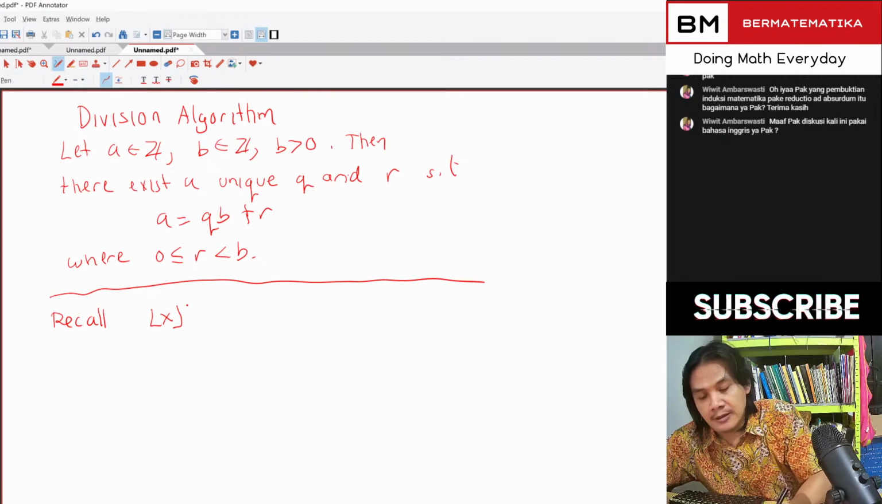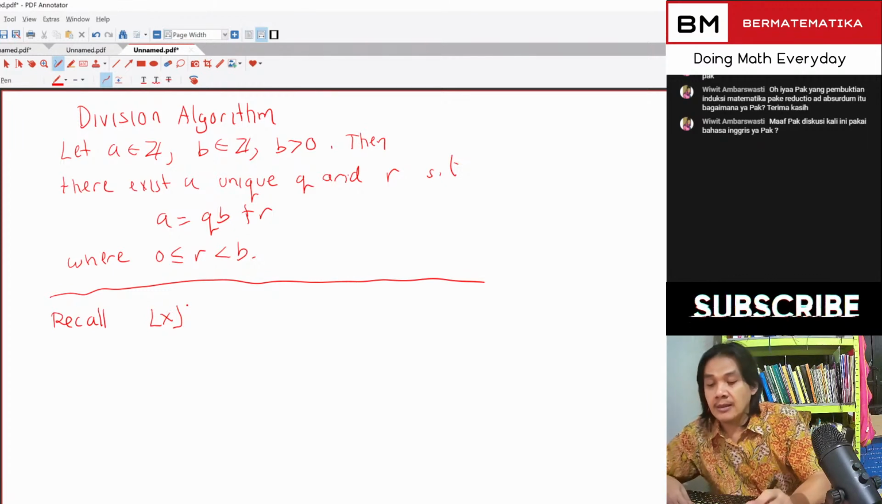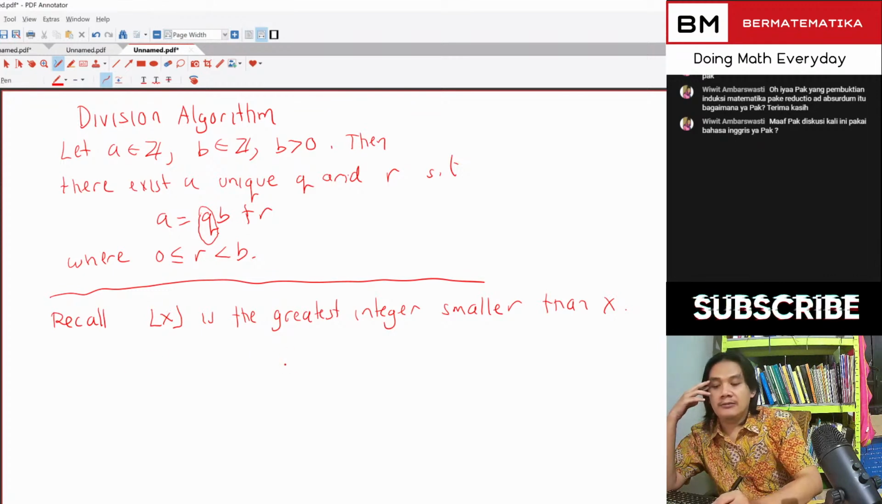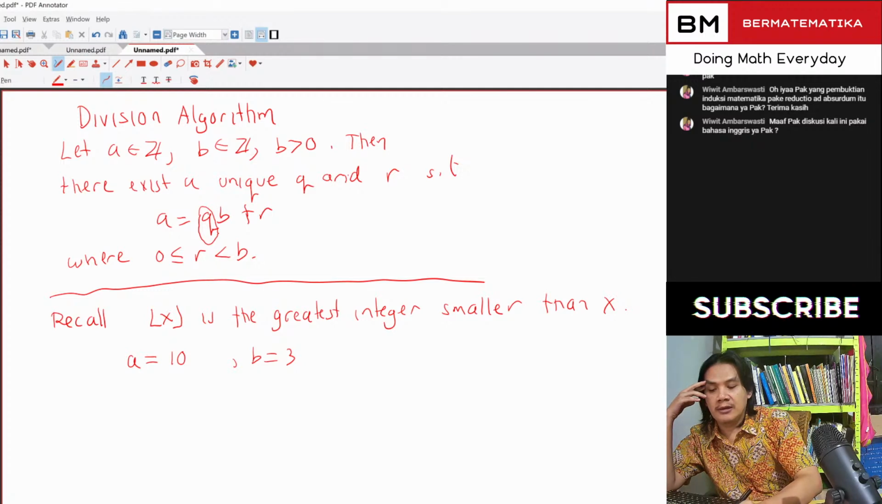Smaller than x. Okay. So basically this q is the quotient, right? So if we perform a division, let's say for example, we apply this where a is 10 and b is 3. How do we get this q exactly? We will say 10 is equal to 3 times 3 plus 1, right? Something like that. And we get this 3